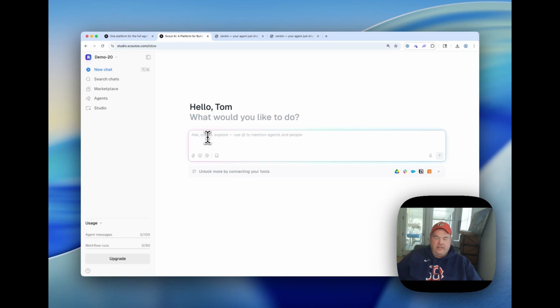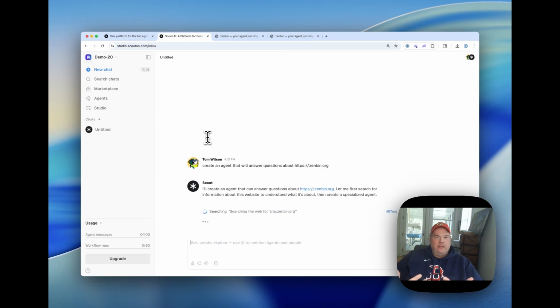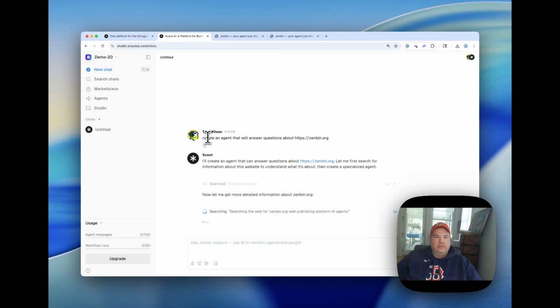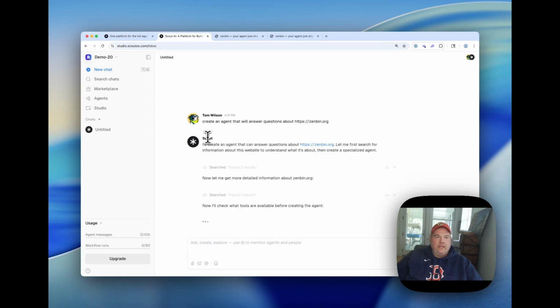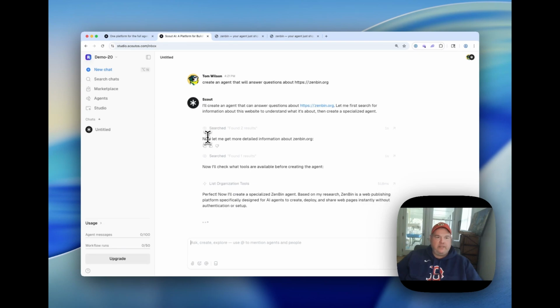We're going to go into Scout and start with the inbox and say create an agent that will answer questions about zenbin.org. And Scout's going to create this agent and set it up to answer questions about zenbin.org. And then once it finishes, we're going to create a knowledge base for that. As it's creating the agent,